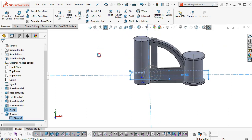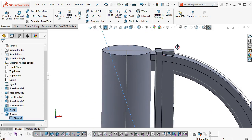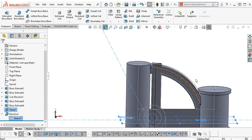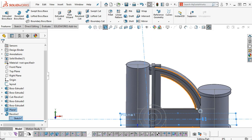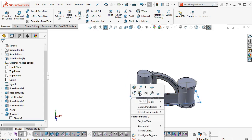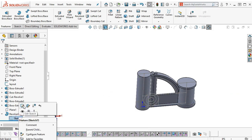Alright, so that looks pretty good. That actually brings it up intersecting into the geometry. Still doesn't quite bring it tangent though. Because we're on that endpoint, I want to say because we're on that endpoint and not at a pierce, yeah, let's go ahead and hide the plane. I'm going to edit the sketch,